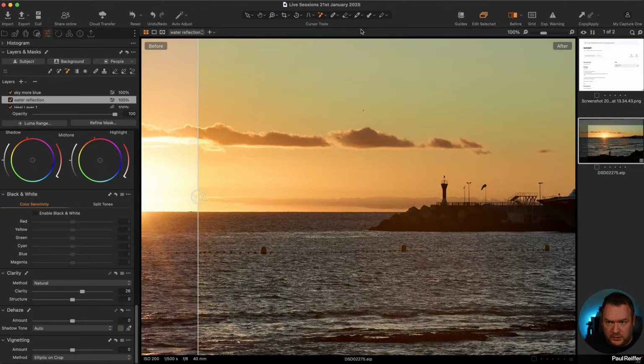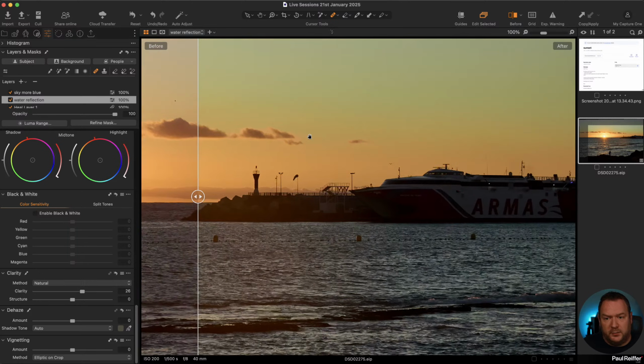Same with Healing Brush. So Healing Brush, I'm doing stuff here, press the space bar. Now I can move things around, let go of the space bar, I'm back to my Healing Brush. That needs to almost become innate in you. It'll speed up your editing so much if you can get into your head this quick spacebar move around, edit, move around, edit, move around, edit without having to switch tools. It's really handy. Anyway,